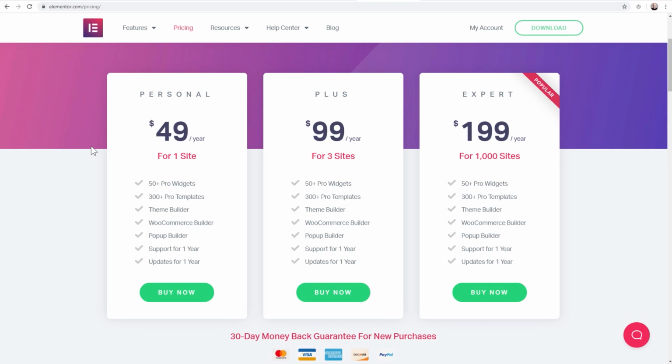That alone really justifies the $49 per year, because there's many services that are $30 per month just for a similar set of features. But like I said, it's not required. The free version is going to be more than enough for what we're going to be doing inside of this